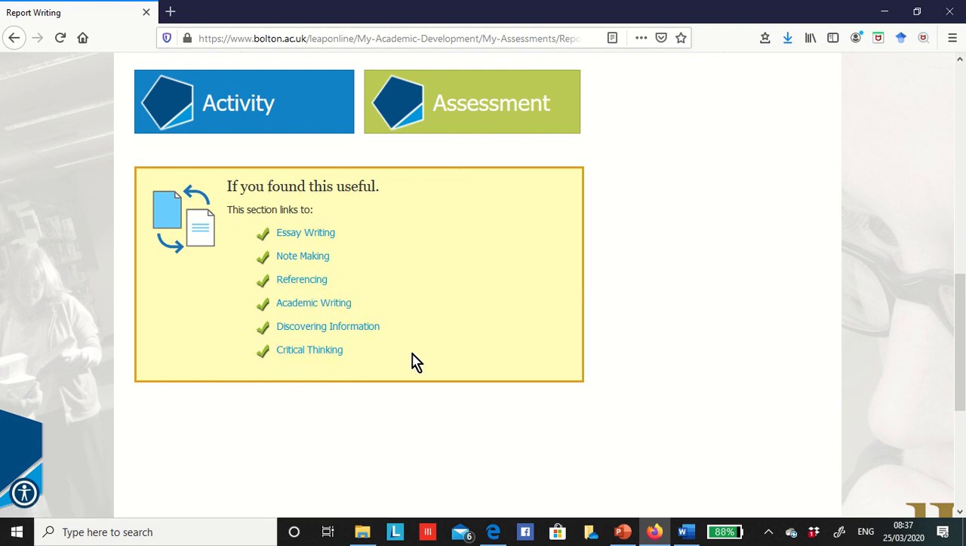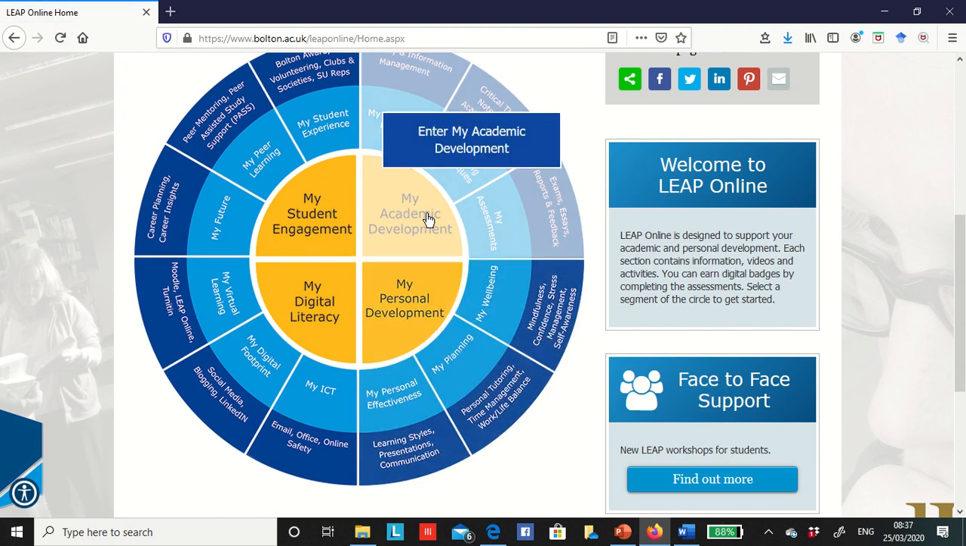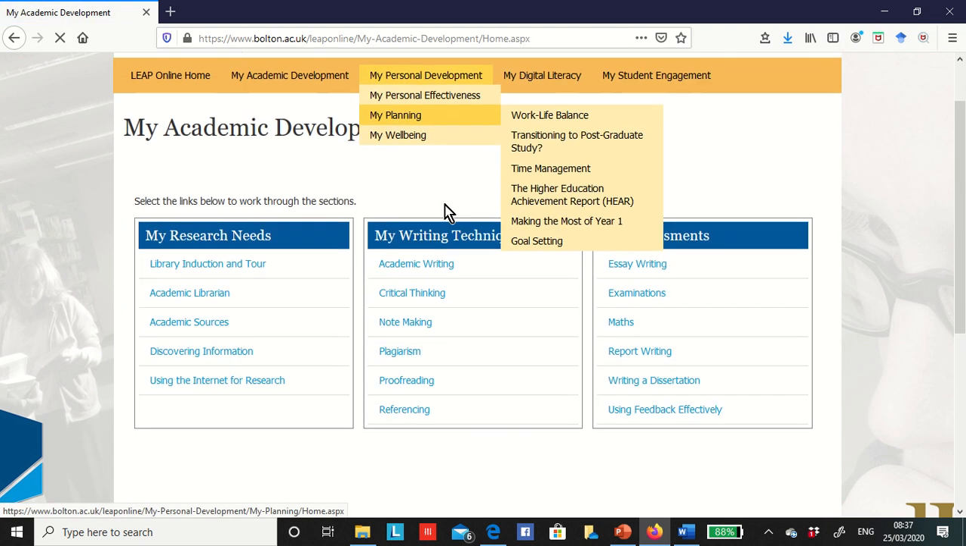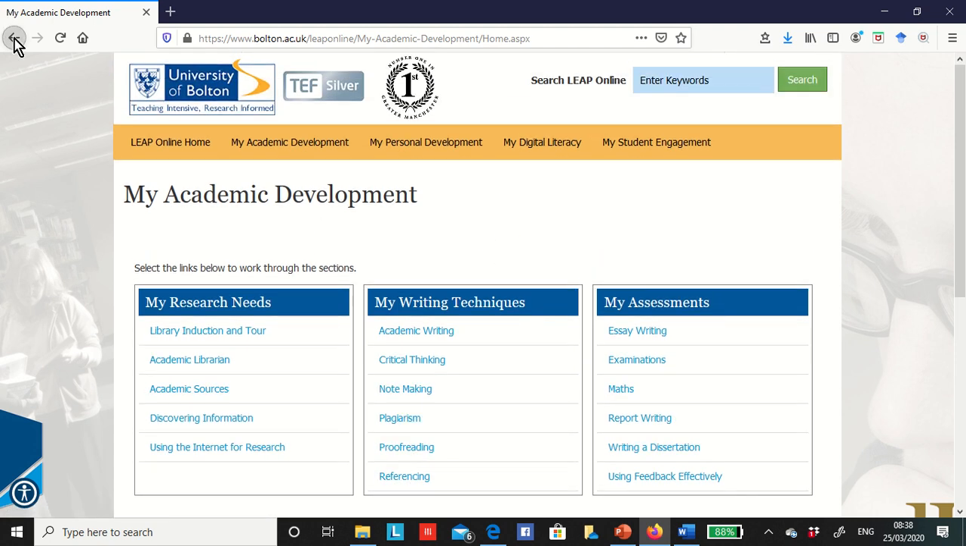Okay, critical thinking, academic writing, essay writing. You can find more if you go to LEAP Online Home and My Academic Development. If you click here, you'll see writing techniques, academic writing, critical thinking, plagiarism, what is plagiarism, how to reference your academic work. Okay, if you go back,